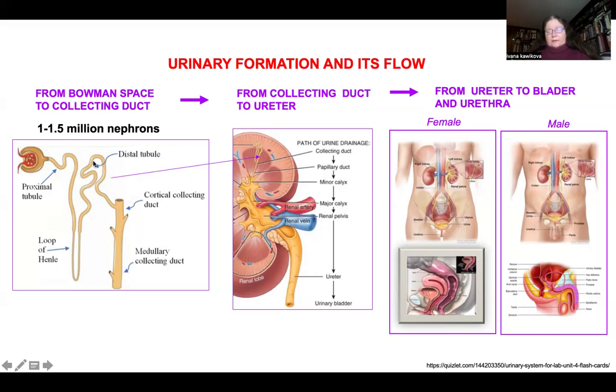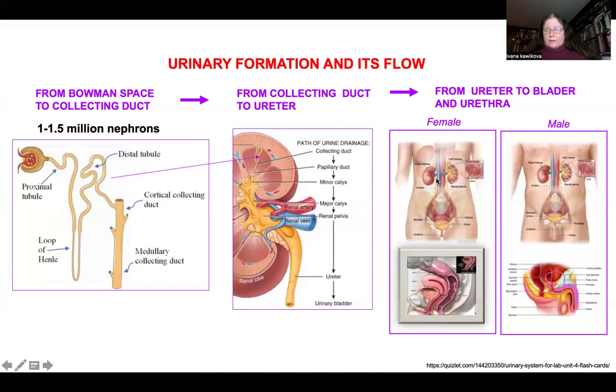And then from the proximal tubule, Henle loop, and distal convoluted tubule to collecting ducts. And at the end of collecting ducts, we practically have formed urine, and individual nephrons are heading towards the papilla, and from the papilla, the fluid continues into calyces and to the renal pelvis, and from here towards the bladder,